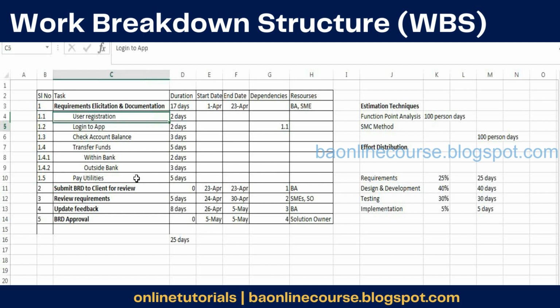Yeah, so the time he would need. We are trying to figure out how much time it would take. Again, this is based on our experience, or maybe on listing down how many screens it has and how much time it would take. So there are multiple ways of doing it. Maybe I'll also explain the estimation technique in tomorrow's session. But broadly, we are figuring out the detailed activities and the time it would take to complete those tasks.